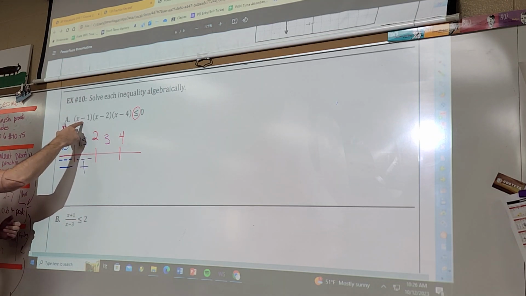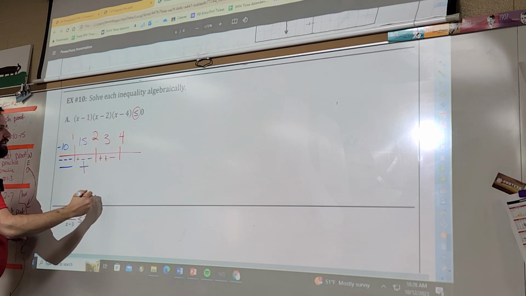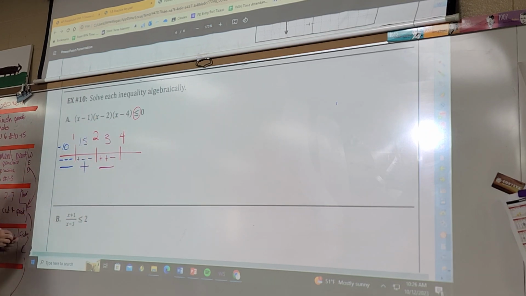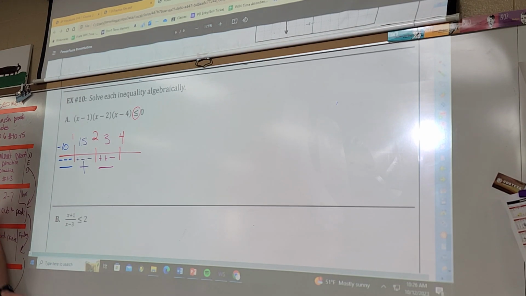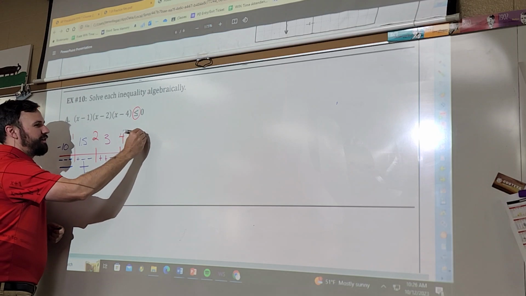When I plug in 3, positive, positive, negative, negative. Look at this go. Look how quick I'm getting with the markers. All right, what about when I plug in